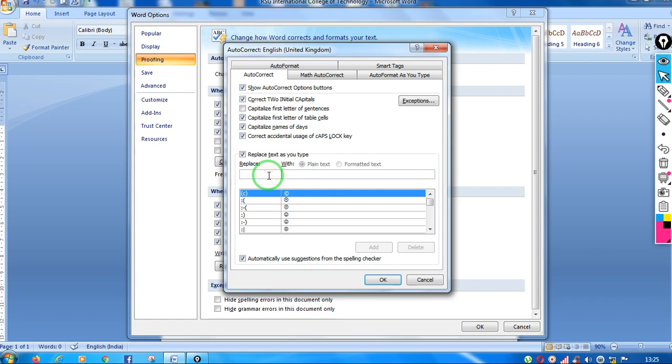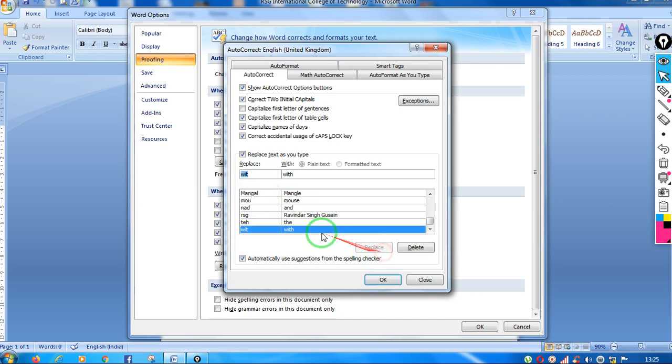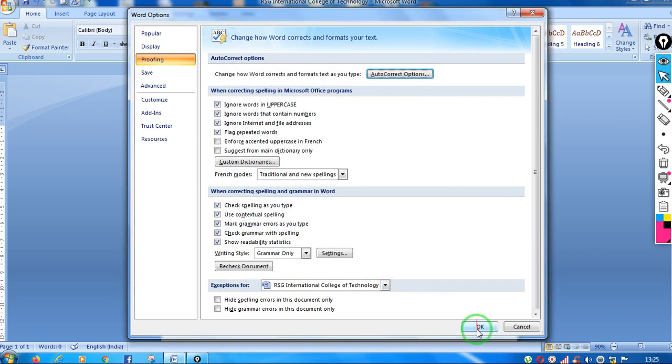Suppose WIT, I want to replace with WITH, or you can add another word, you can write LETER with LETTER. Sometimes you forget to write one T, and automatically it will replace it with double T. Just add it, OK, and then OK.